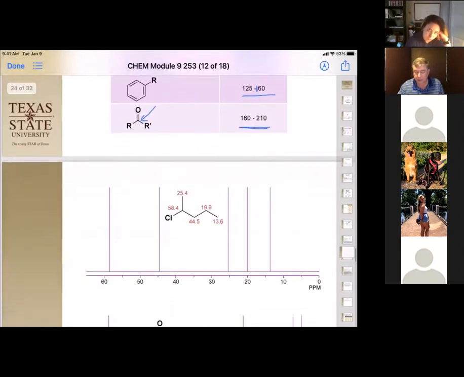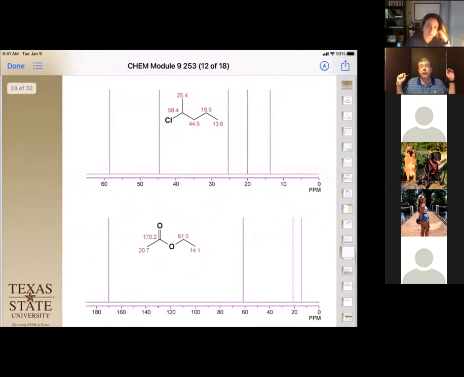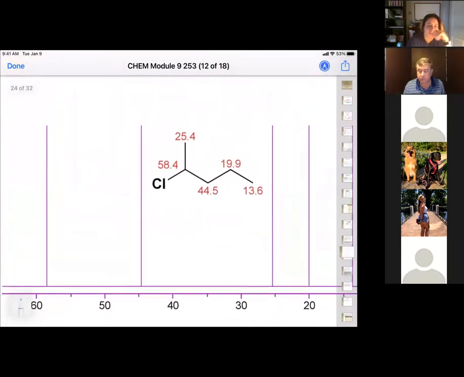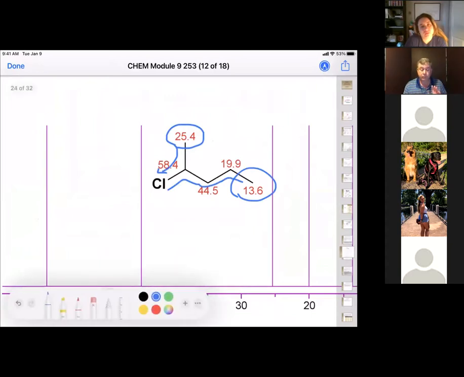Okay. So let's talk about unique hydrogens and unique carbons and try to see how many peaks we should have. Okay. So if we look at this one here, we have a CH3 and a CH3. We might say, oh, those are the same. But this CH3 is 2 bonds away from a chlorine. This is 1, 2, 3, 4 bonds away from the chlorine. So they are not equivalent. Okay. So that gives us this